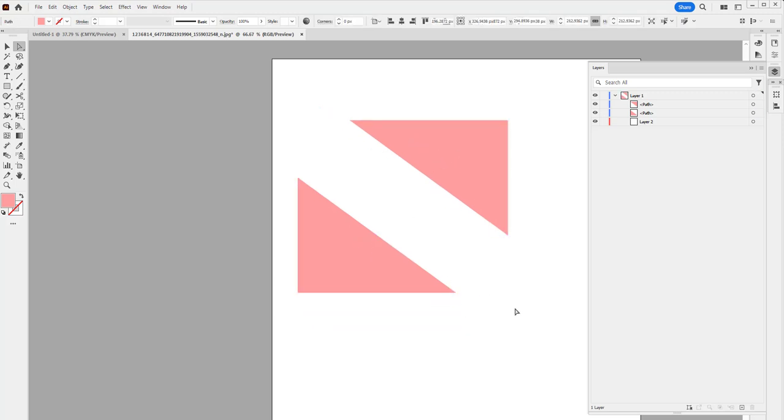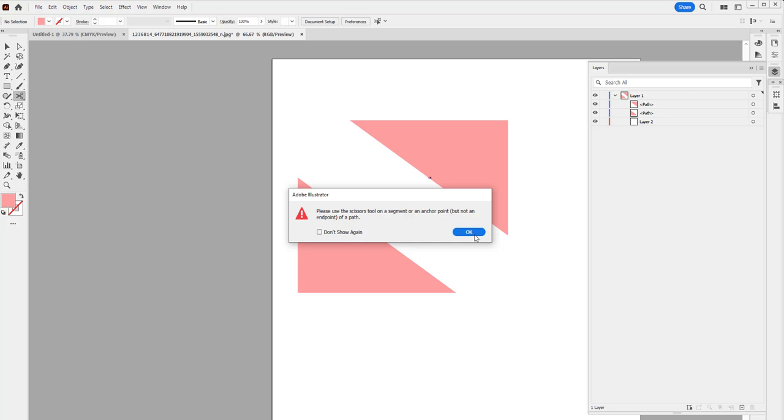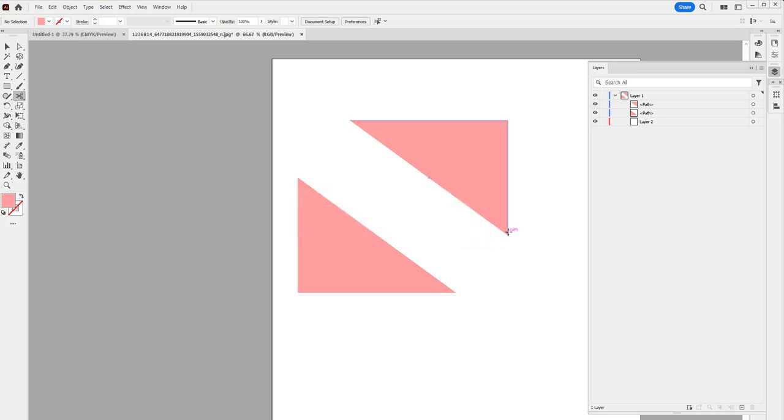So let's try another cut. So you cannot use that one because it needs to be on an anchor.